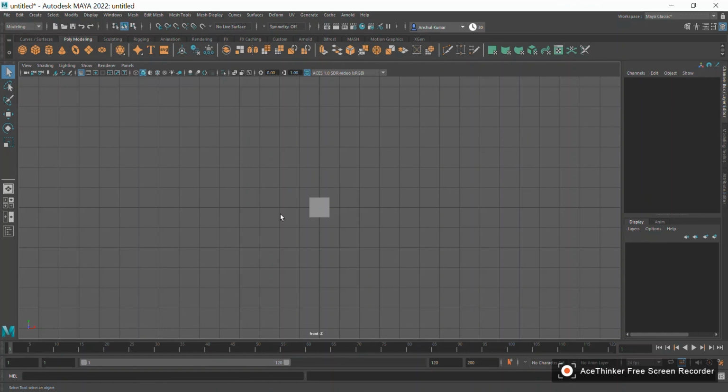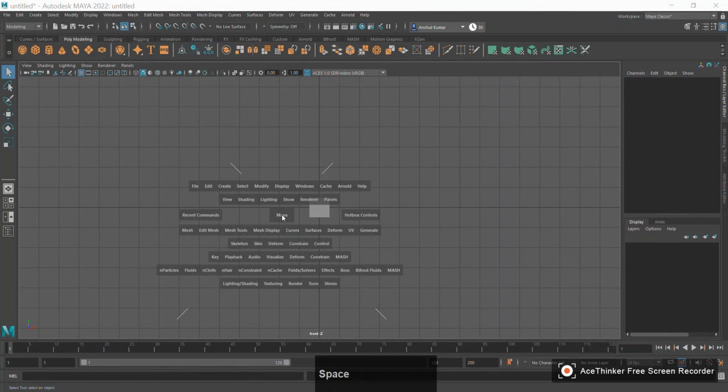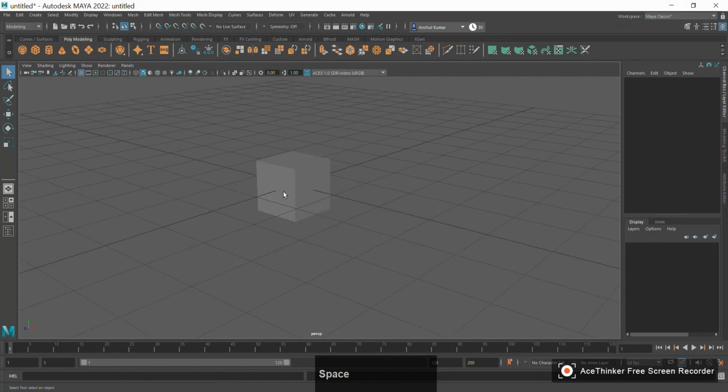But now you will ask me, is there any simpler approach than that? Yes, there is. What you have to do is follow me. You have to press space and click the right mouse button. Okay, I have pressed space and held it, and I have pressed the right mouse button. I am holding both of these buttons right now. Now, if we want to go to perspective view, we will drag the mouse to perspective view, and we are in the perspective view.